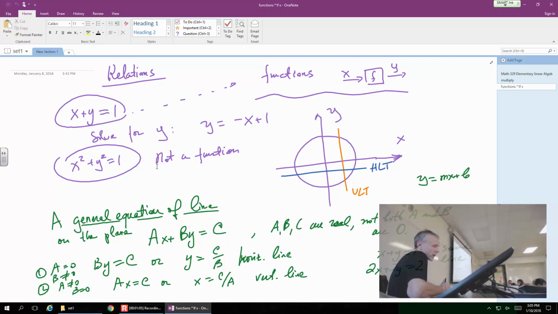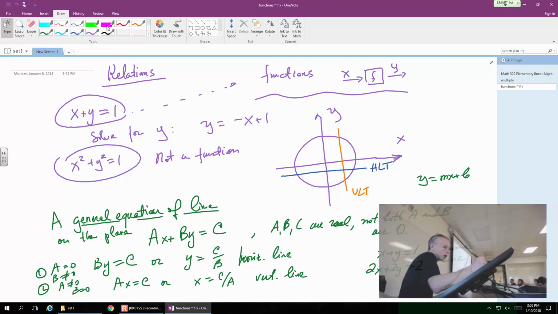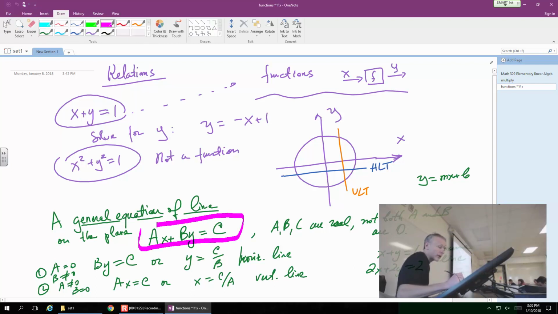Okay, so that's why, as the topic indicates, it is about relations, and fortunately the only relations that we care about right now are linear relations, and that's the good news right there. The linear relation with two variables is nothing but a line. Okay, so that's the general relation, that equation that you can see right here. No matter what A, B, and C are, with one exception, it is a straight line on the plane,